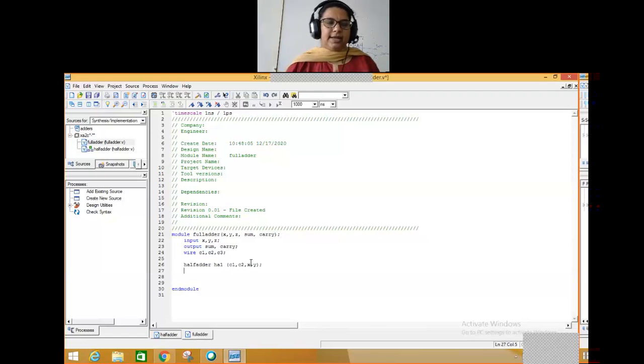What is next? Next I have taken one more half adder component. So it is half adder HA2, right? Now if I look at the input output connection of the second component, what's the output here? One of the outputs is directly sum, right? It is given directly as an output. So I'll write it as sum.